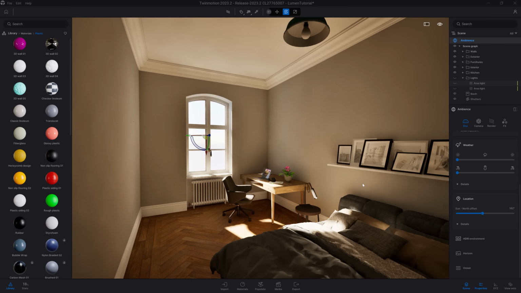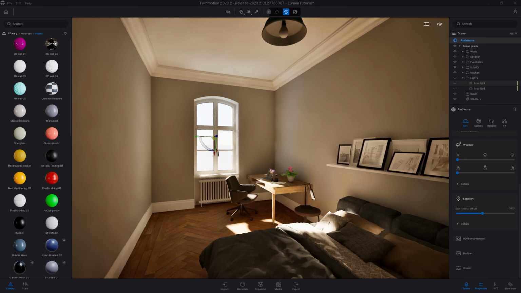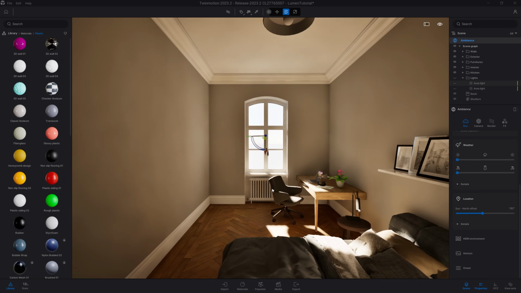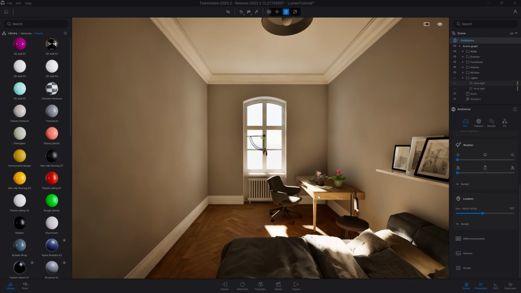One also important thing is that some of the artifacts that you can see on screen will be much smoother in the final export, because in the final export we crank up the quality of the lighting, the shadow, the reflection. So what you see in the viewport is not the quality you will get in your final rendering.